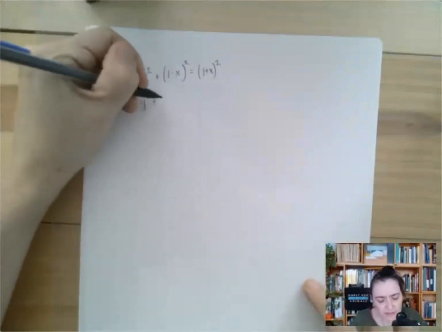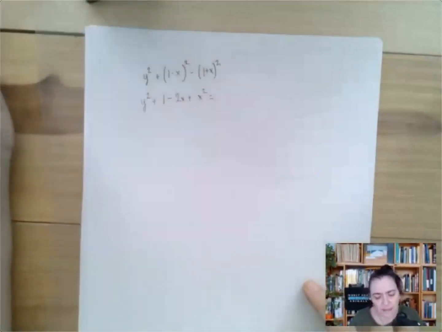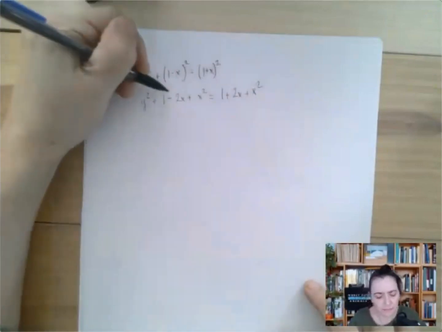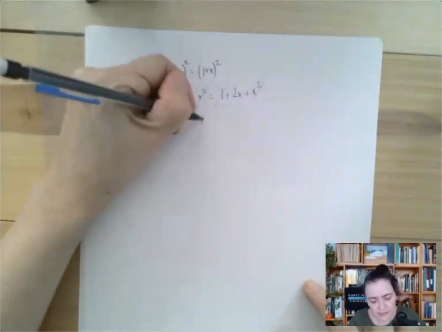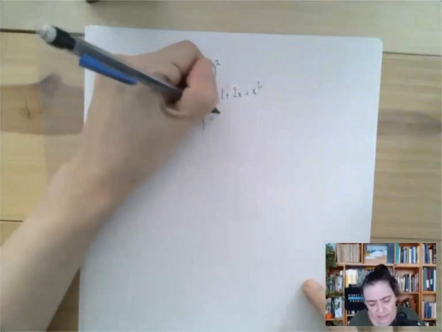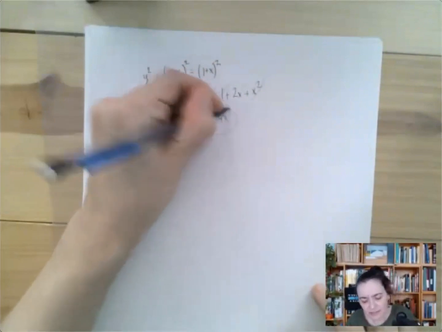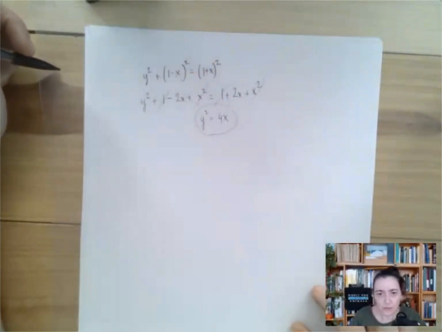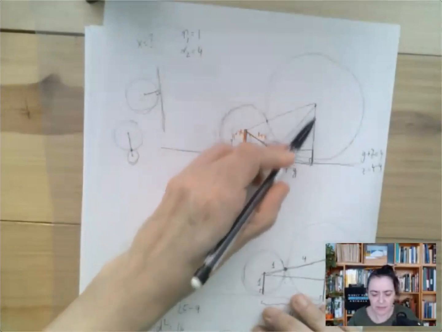Y squared plus (1 minus X) squared is 1 minus 2x plus x squared. And then on the other side, we have 1 plus 2x plus x squared. But 1 definitely cancels out and x squared definitely cancels out. So what we're left with is y squared minus 2x. Let's add that 2x to the other side. So we get y squared equals 4x. That's not bad. Yeah, it's quadratic, but among quadratic equations, this is pretty much as good as it gets. Let's hope for something nice for the second equation, which we're going to get by expressing the Pythagorean theorem stated